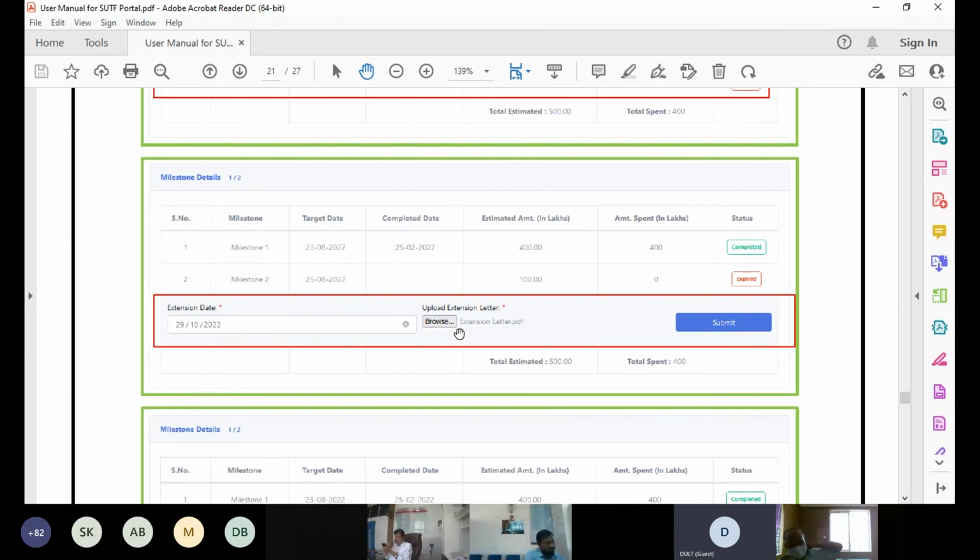In this extension letter, you are requested to fill in the details for why the milestone has not been completed, any hurdles faced on site, any funding or fiscal inefficiency, any of that matter can be explained in this letter to give a justification of why the project has not been completed on a milestone. Unforeseen circumstances that can come on site are understood and can be taken up, and then you can submit it.